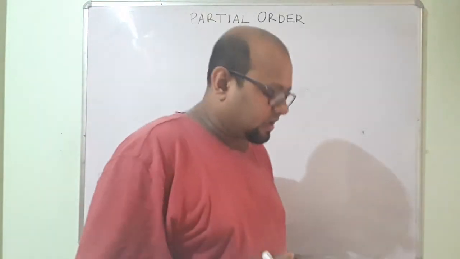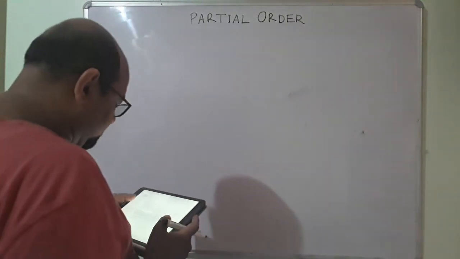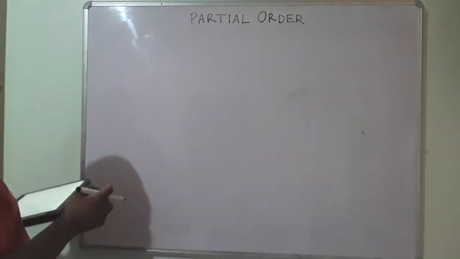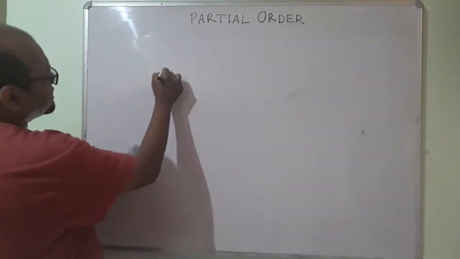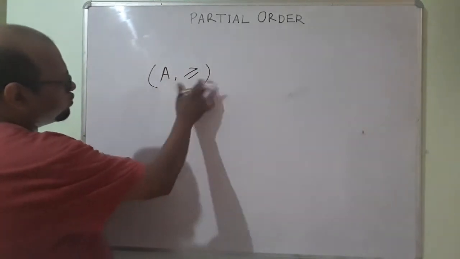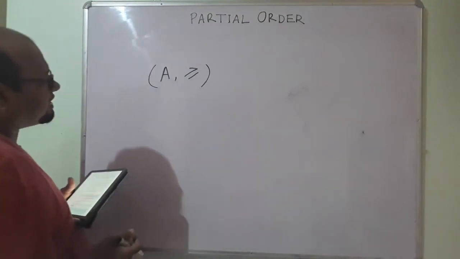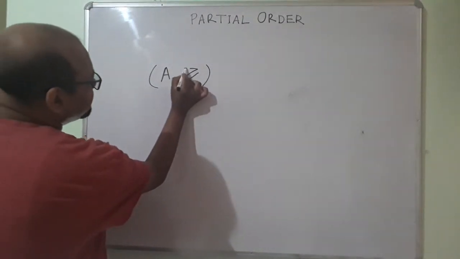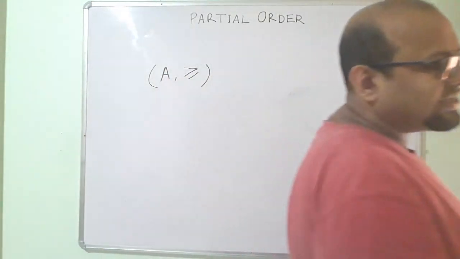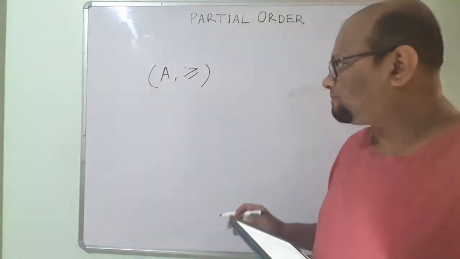Now see, we will do more problems later on, but we saw this, right? Some set A and some symbol. This is one way to write a partially ordered set. Now this is one specific symbol, the greater than or equal to symbol. So this is the relation (a, b) such that a is greater than or equal to b.